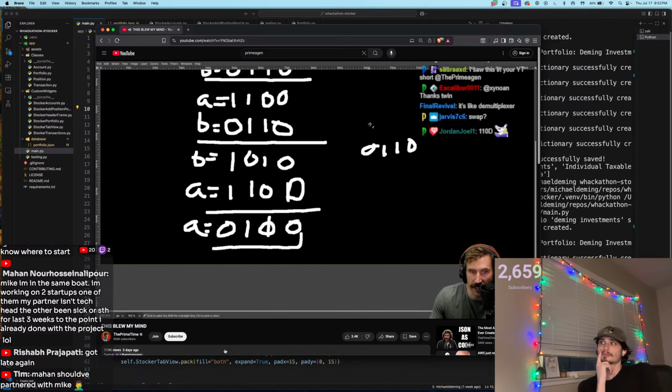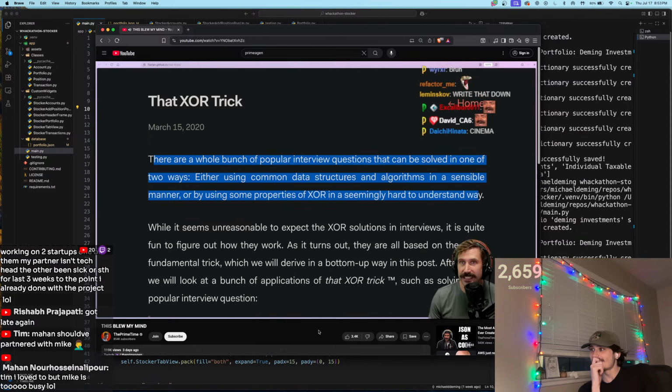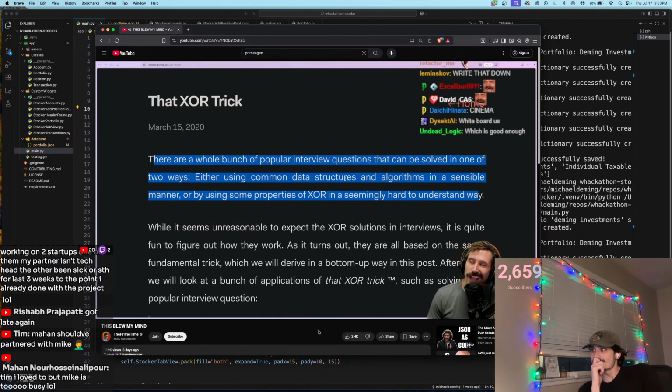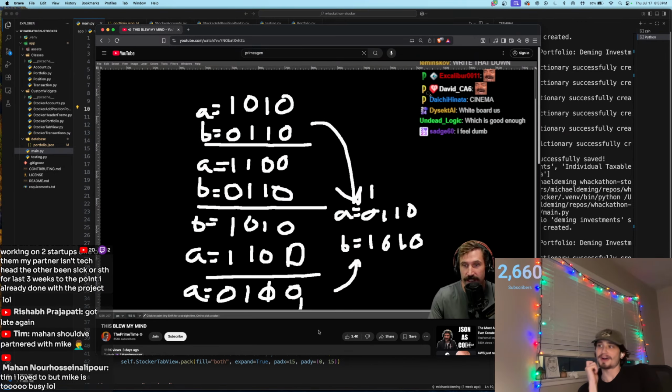You go into a whiteboard interview and they're like, hey, why don't you do this doubly linked list? And you're like, I got that. Don't worry, I got you a doubly linked list. And then you just throw in